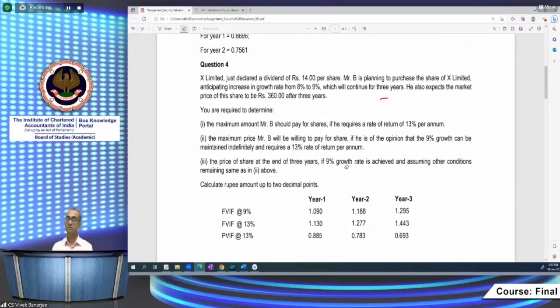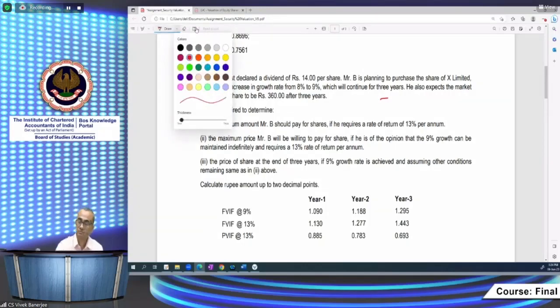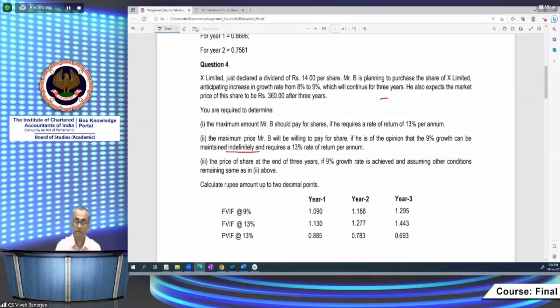Question is saying that the maximum price B will be willing to pay for the shares if he is of the opinion that 9% growth rate can be maintained indefinitely and requires a 13% rate of return per annum. One thing you must have noticed in the second point, the point indefinitely. सो ये क्या कहता है? इसका मतलब है कि ये डिविडेंड 9% ग्रोथ रेट है, इनफाइनाइट पीरियड तक, इनडेफिनिट पीरियड तक वो कंटिन्यू रहेगा।